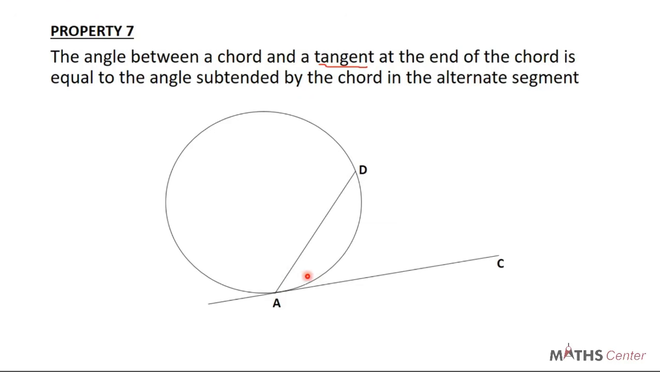This angle here, the angle between the chord and the tangent at the end of the chord, so this is the end of the chord at this place, is equal to the angle subtended by the chord in the alternate segment. Now you see that this chord AD, let's say that we draw a line from A to a point on the circumference, and we draw a line from D to a point on the circumference. There's going to be an angle created here. An angle created here. What this property is telling us, so we are going to call this point here point B, is that if you have this,